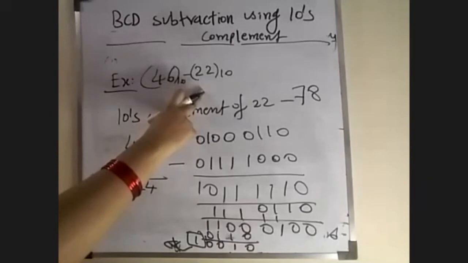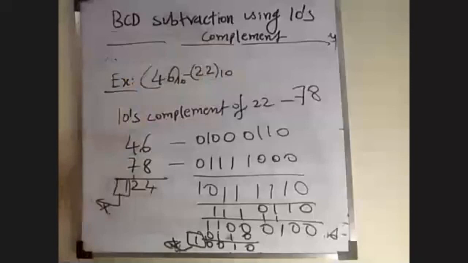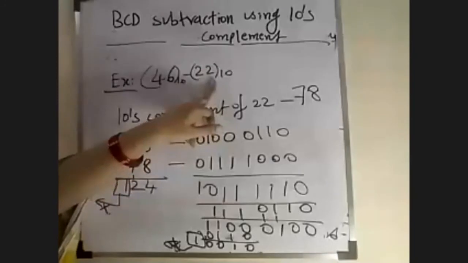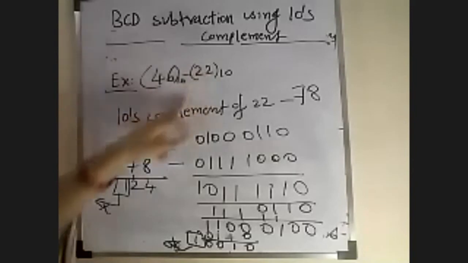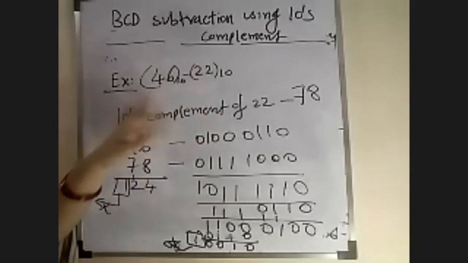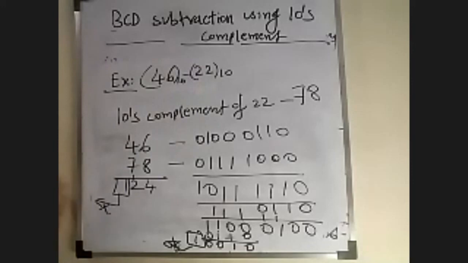Yes, we can use the same method. BCD subtraction using the tens complement method is nothing but: find the tens complement of the negative number, then add that tens complement of the subtrahend to the minuend. That means add two numbers using BCD addition. If carry is not generated, the result is negative, and find the tens complement of that result. Otherwise, if any carry is produced, discard that carry. Is it clear? BCD subtraction.